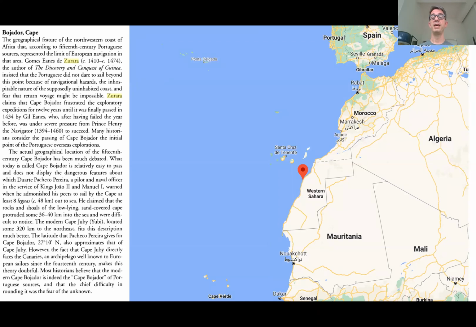So what's happened here is that the Portuguese have sailed further south on an expedition than they have done before, and they often describe this place they sailed past, the Cape Bojador, which is right around here, as extremely treacherous and extremely dangerous and full of scary sandbars that were going to catch your ship and wreck it. Now that description of the place is probably wrong, as I read here in this entry from an encyclopedia of medieval travel, because it's right near the Canary Islands, and Europeans had been sailing to the Canary Islands for decades at this point in a